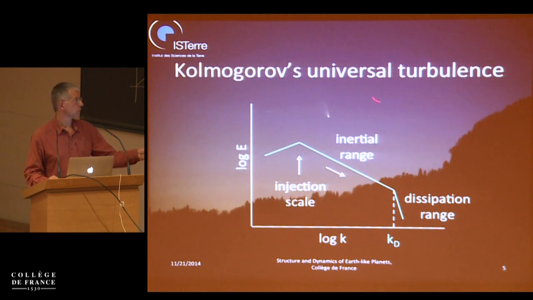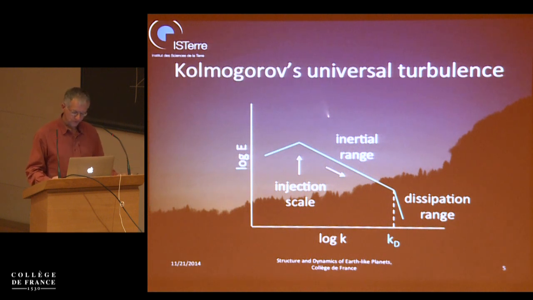This is called the dissipation range. And between the injection scale down to the dissipation range, not much happens except that you're transferring energy from large scales to small scales. And in fact, Kolmogorov's very bright idea was that this takes place with no preferential length scale given. That is, you have a fractal type behavior. Okay, it's no particular length scale or time scale connected to this. It just cascades from this scale to that one.